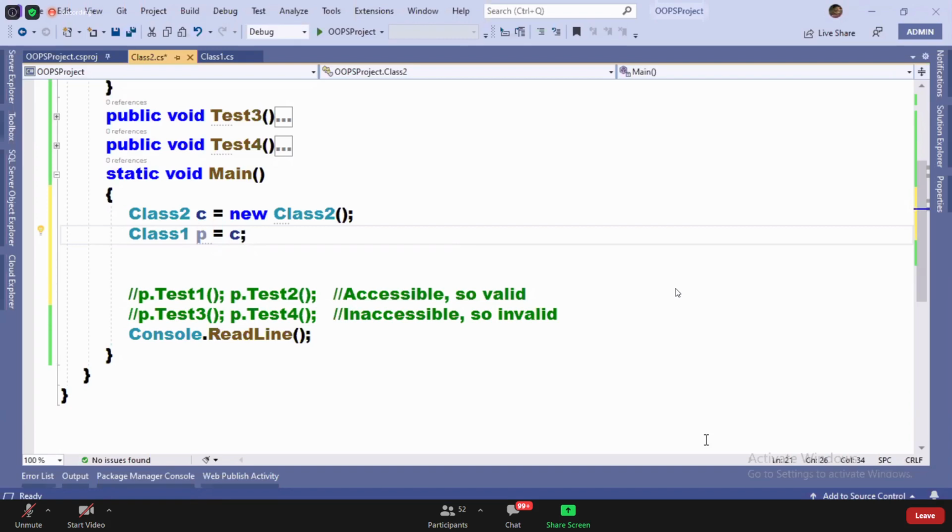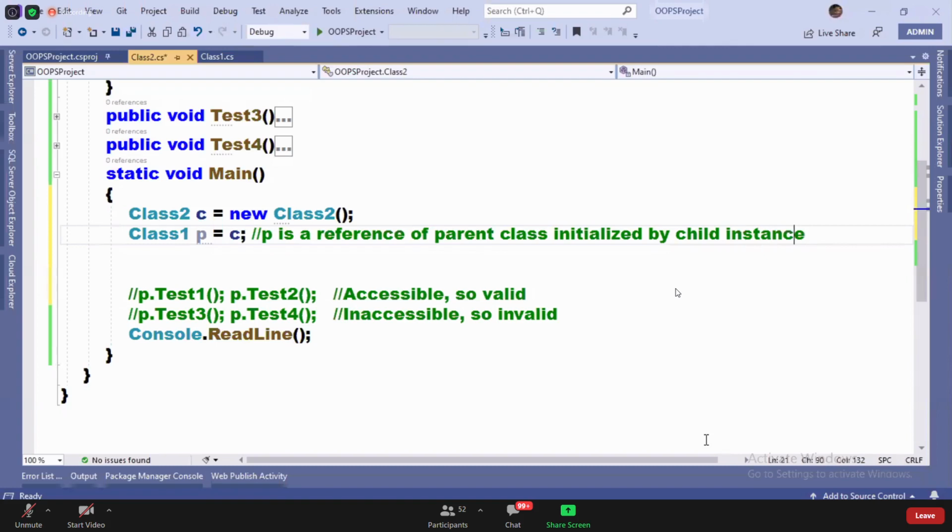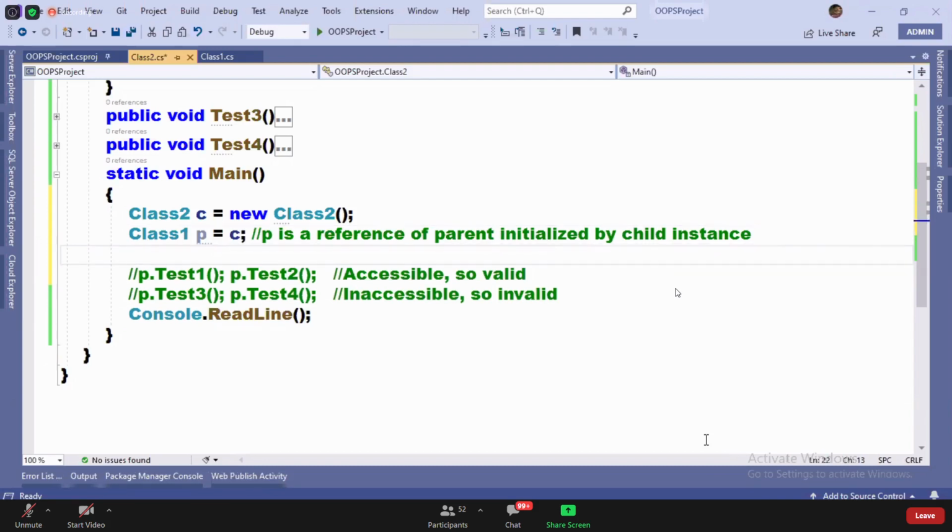Yes, you can initialize. Now, what is P? Are you guys clear?